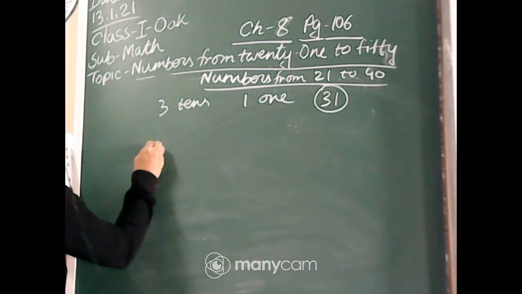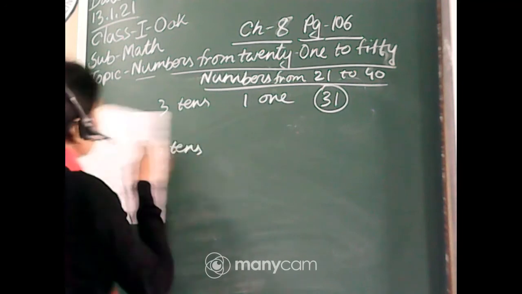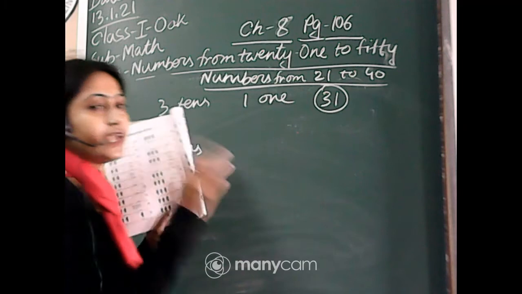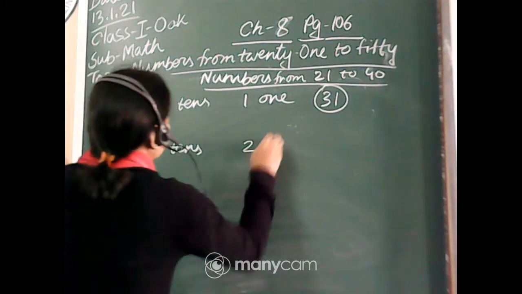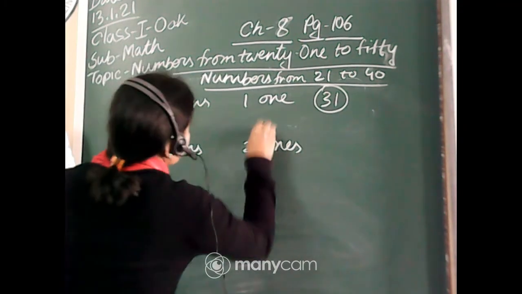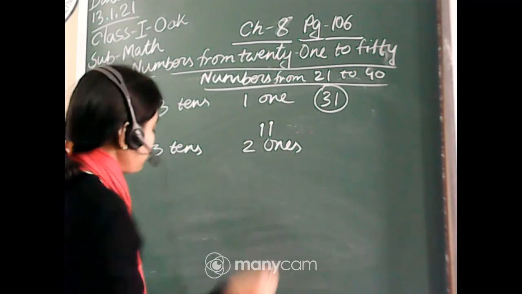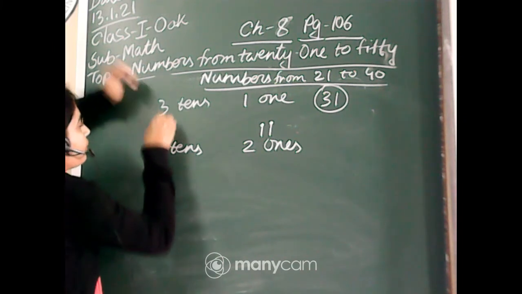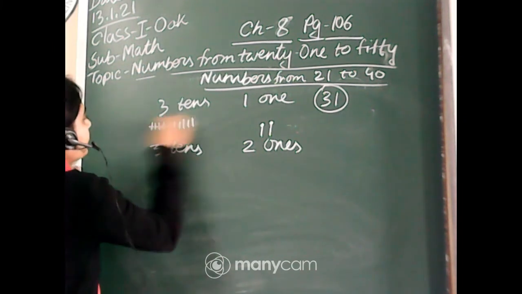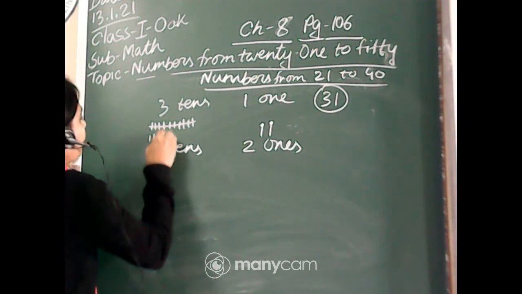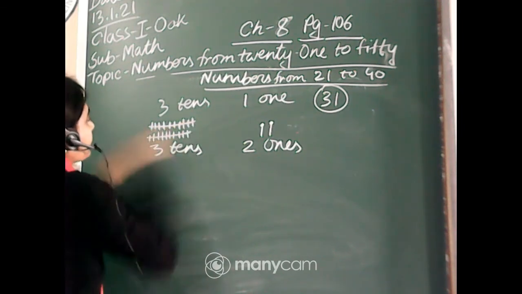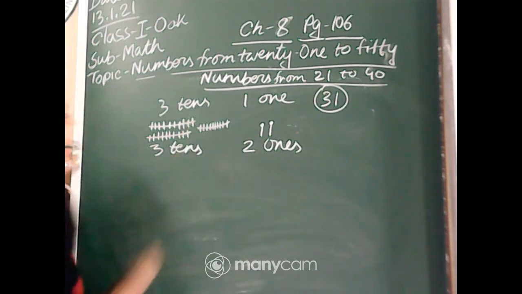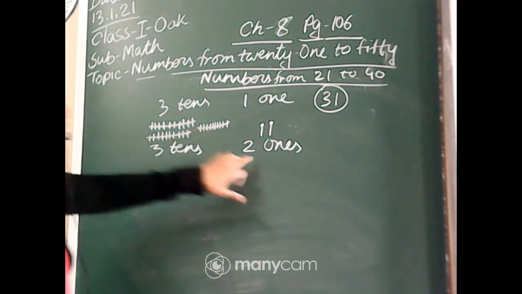But in the next one, you can see in the tens room, no bundle of 10. So you have to draw 3 bundles of tens here. How to draw the 3 bundles of 10? 3 tens and 2 ones. The 2 ones are drawn. So you have to draw 3 tens here. How to draw? 1, 2, 3, 4, 5, 6, 7, 8, 9, 10. One bundle, another bundle, 1, 2, 3, 4, 5, 6, 7, 8, 9, 10. Another bundle, 1, 2, 3, 4, 5, 6, 7, 8, 9, 10. This is another bundle.